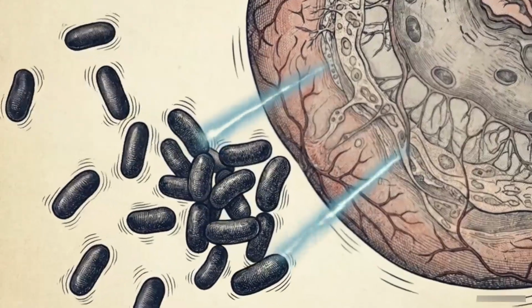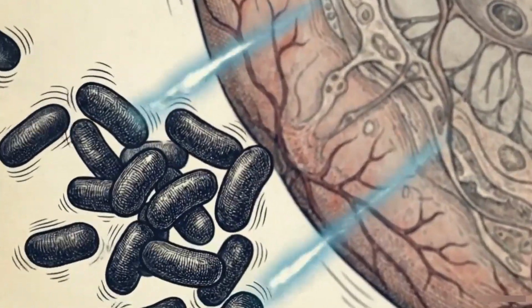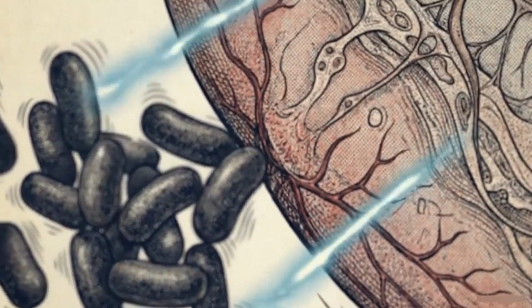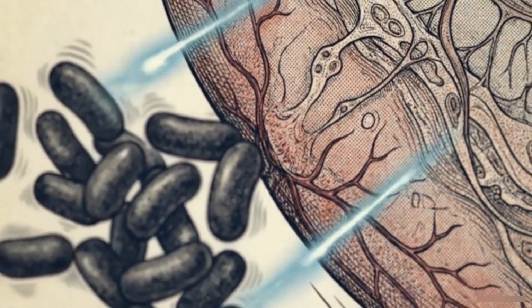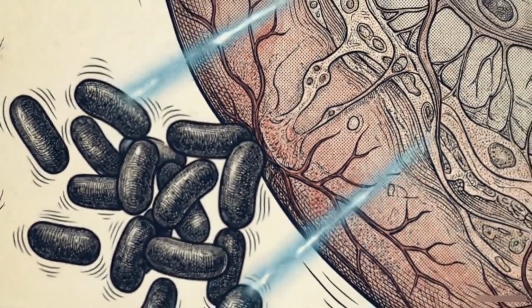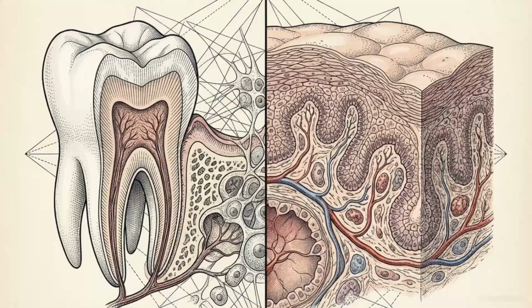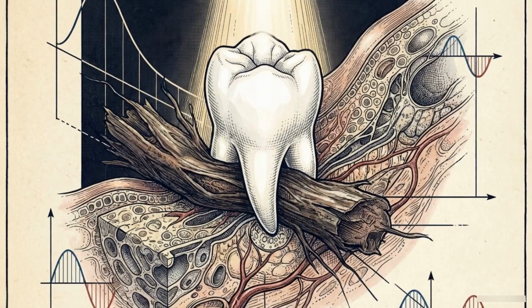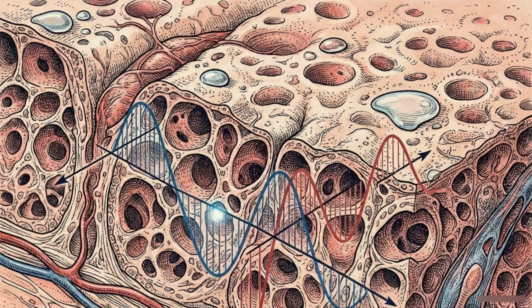Here is the volatile ecosystem of the oral cavity. Rapidly dividing bacterial colonies sit in constant, direct contact with highly vascularized mucosal tissue. This space has a contradictory biological mandate. It must serve as a durable mastication zone, capable of crushing dense organic matter, while simultaneously maintaining a permeable mucous